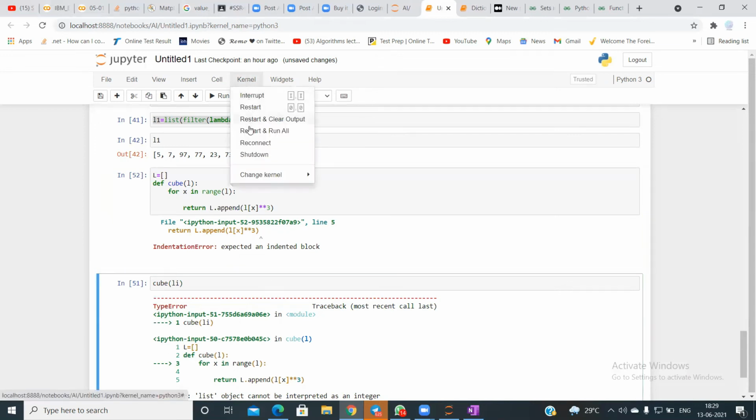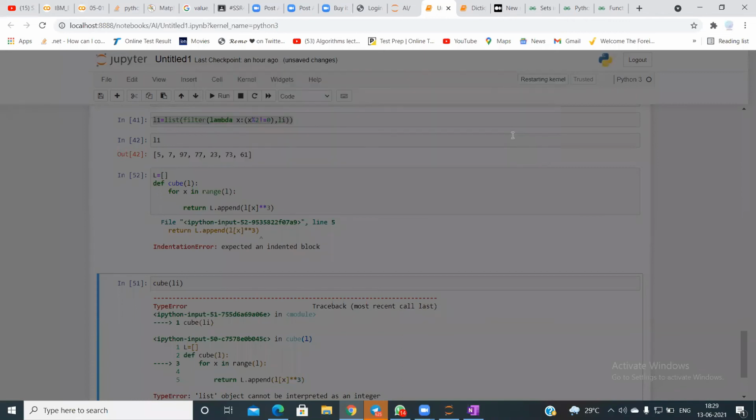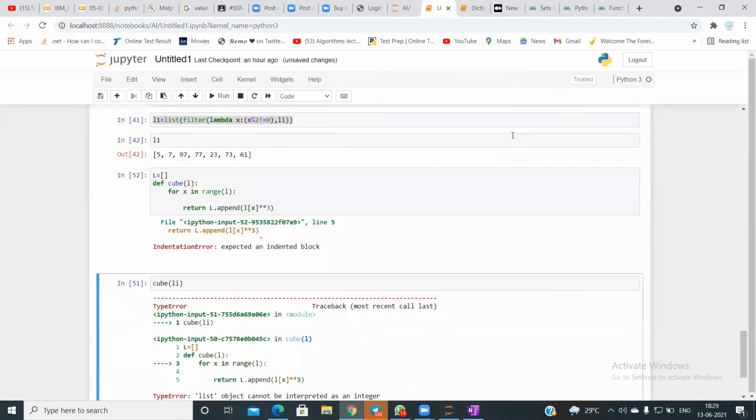Let me just run and check. Jupyter creates issues; Colab should help me out.